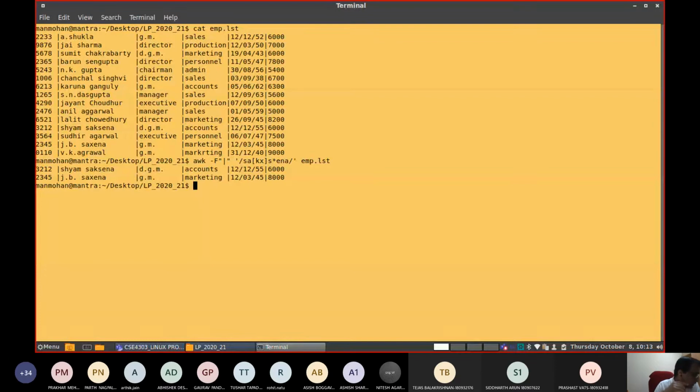This is how this print command can use the regular expressions also during the selections. So you can use the regular expression techniques, whatever we studied in the previous discussions, can be applied here.